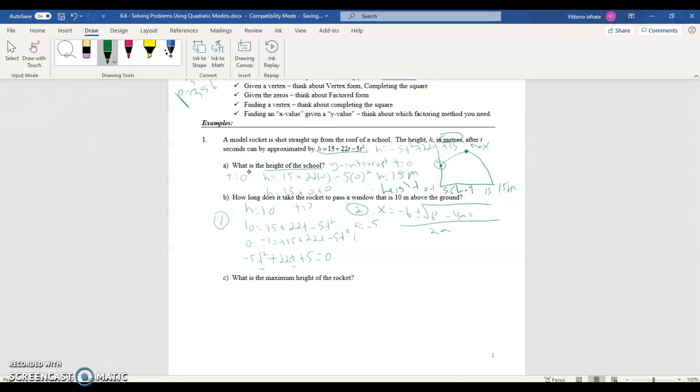We know our b value is 22. And we know our c is 5. And so what that's going to mean is that our x is going to be equal to negative 22 plus or minus the square root of 22 squared minus 4 times negative 5 times 5